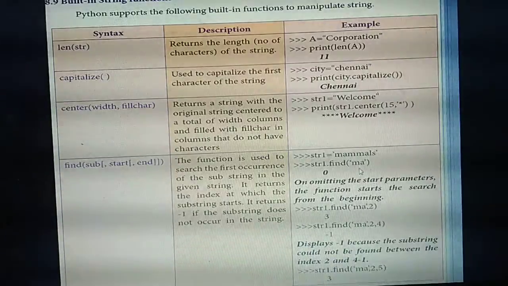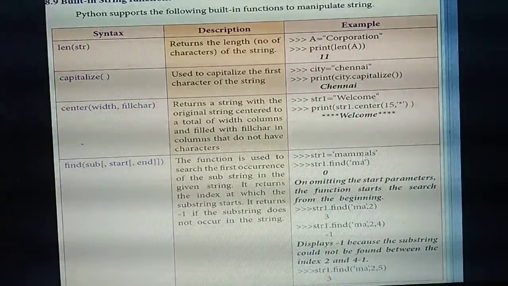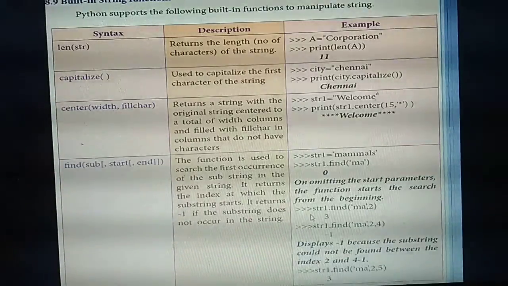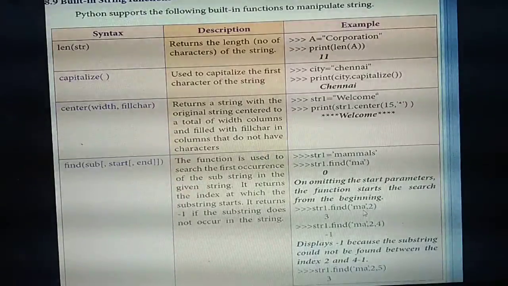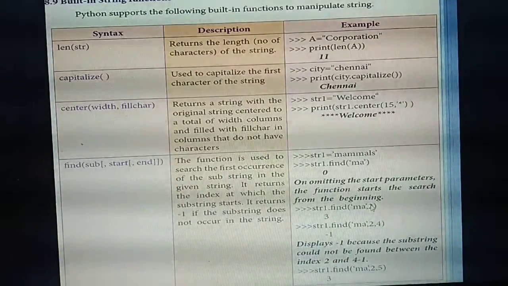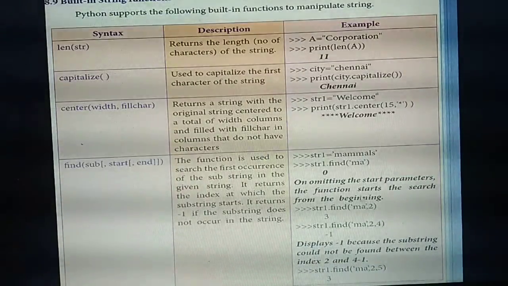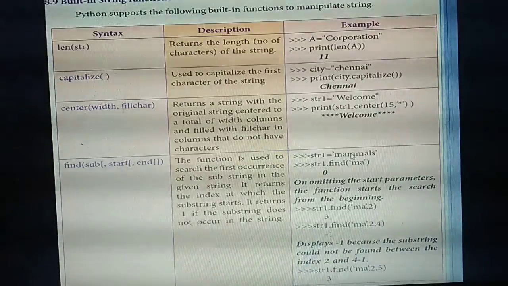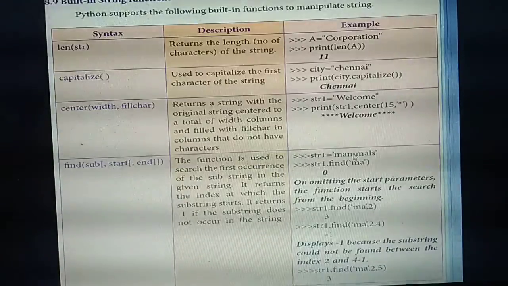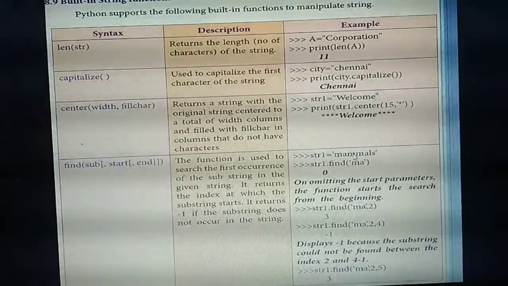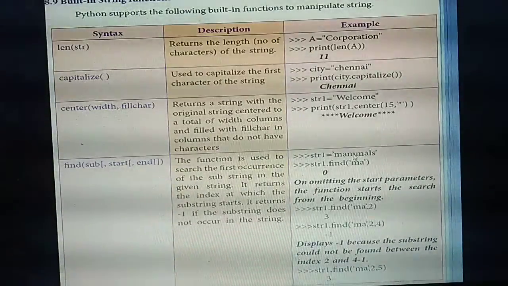From here. Here MA is there, no? From 3 onwards the word MA is there. So the output you will get is 3. Understand how you get the output as 3. Here you are giving the substring MA and the starting index value 2. So from 0, 1, 2, you need to start the search from here. After 2, from which index value onwards is the MA there.